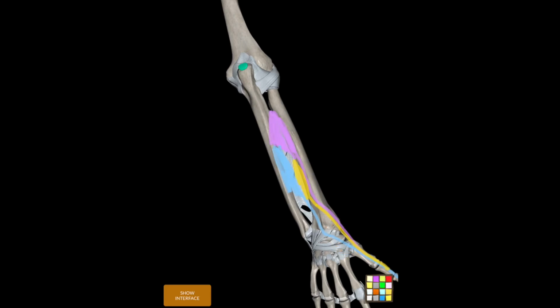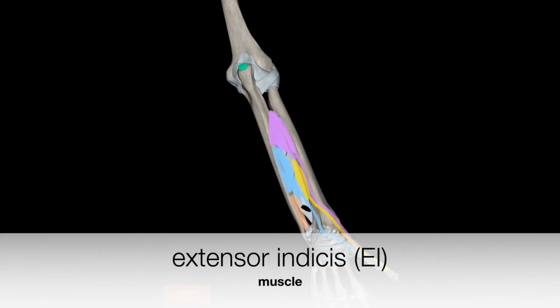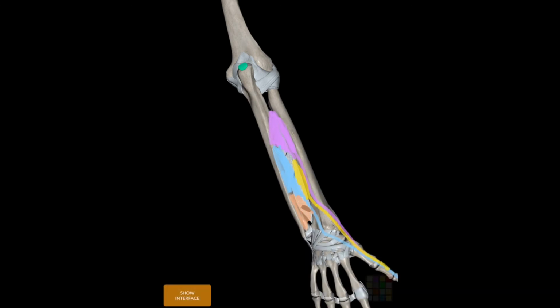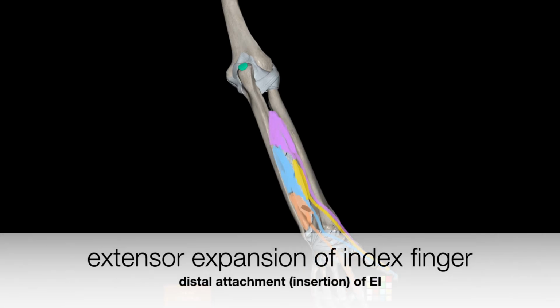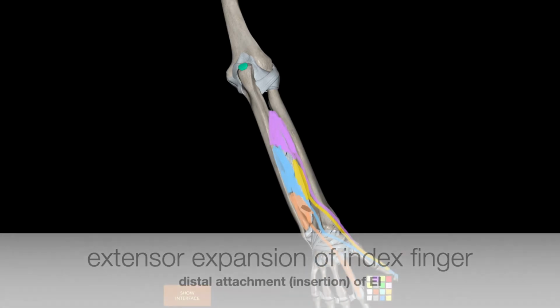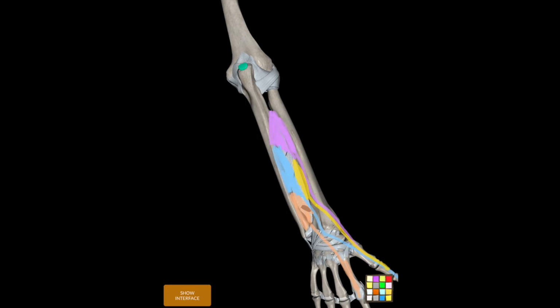Finally, we have extensor indicis, a small muscle, again on the ulnar side here, that projects to the extensor expansion of the index finger. So we see that with all these extensors for individual digits, we can abduct and extend the thumb and the index finger and the little finger. And if we do all of these together, then we get this symbol,